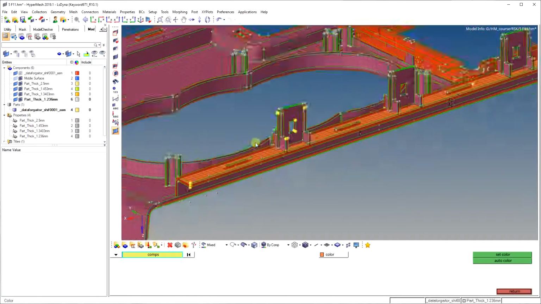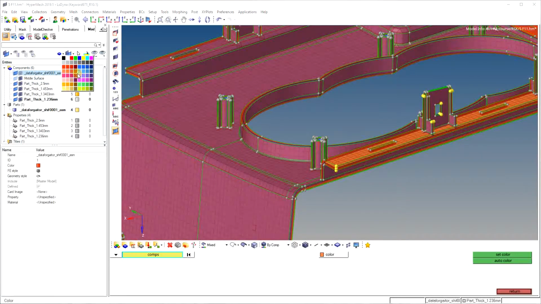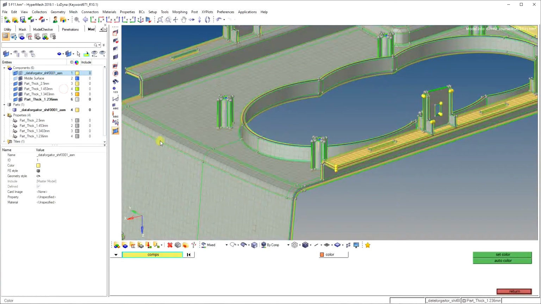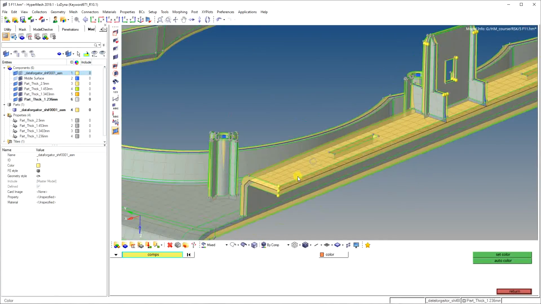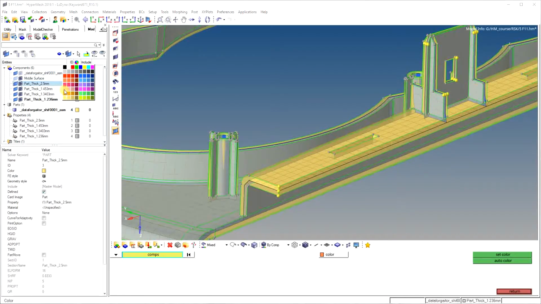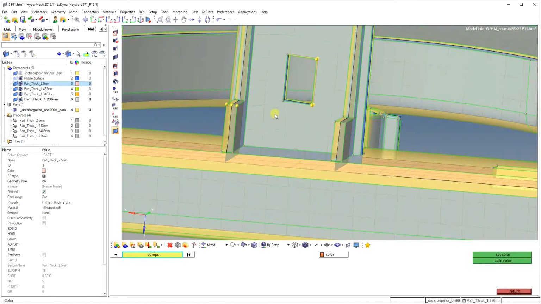For the lower level we are giving the thickness of 1.453.